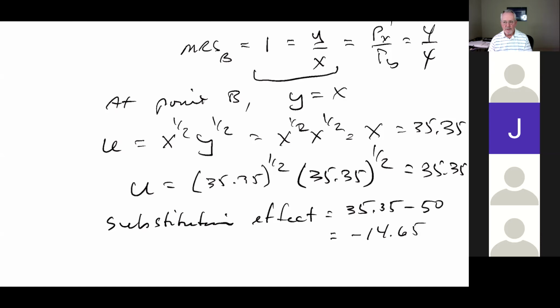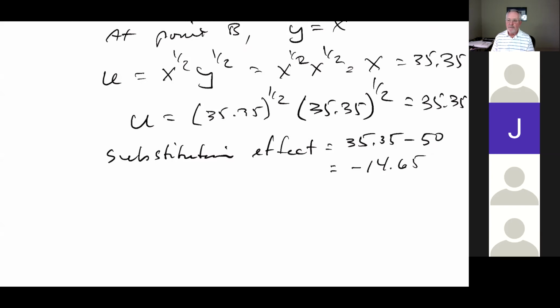So the substitution effect is pretty straightforward here once I figure out how to find that point on the original indifference curve, right, that reflects the new MRS as a consequence of the change in the relative price. So now coming back, where's my income effect? Well, the income effect